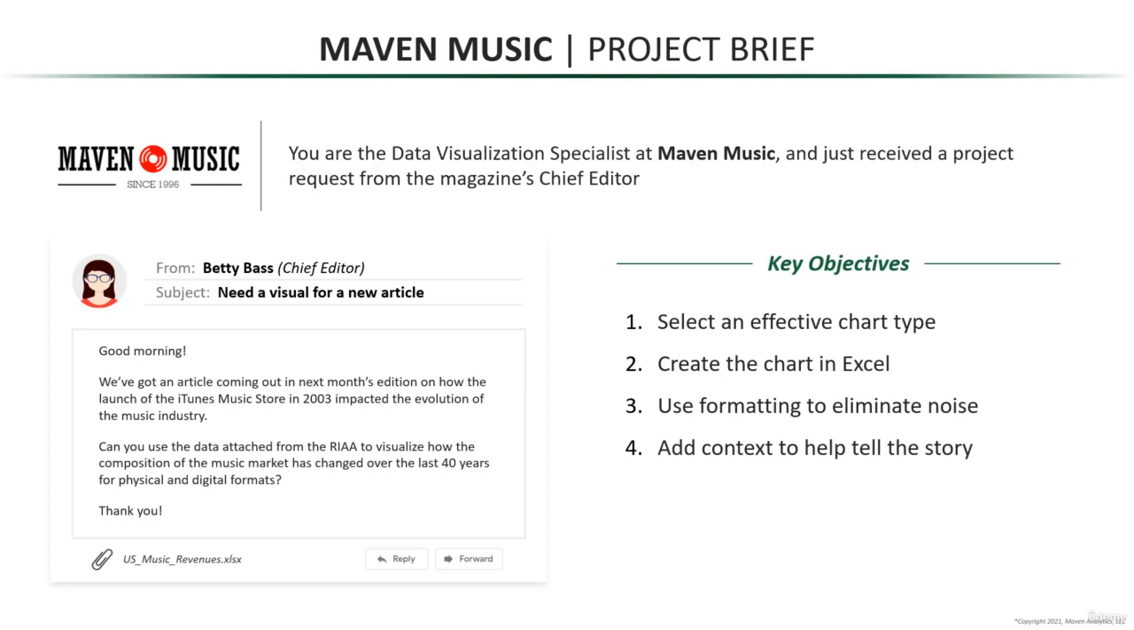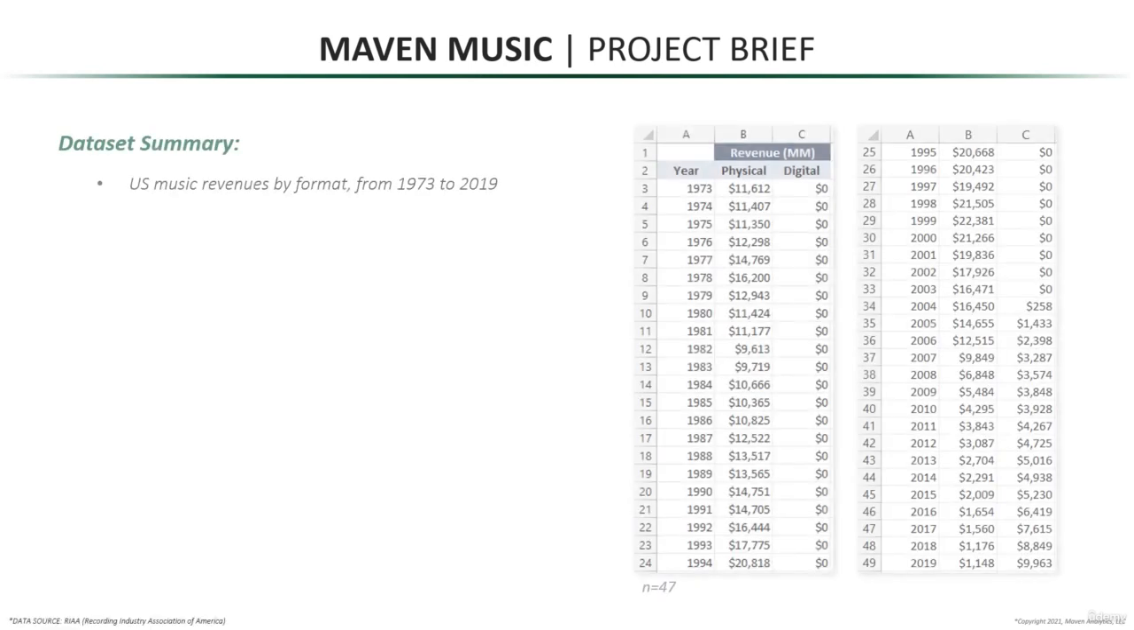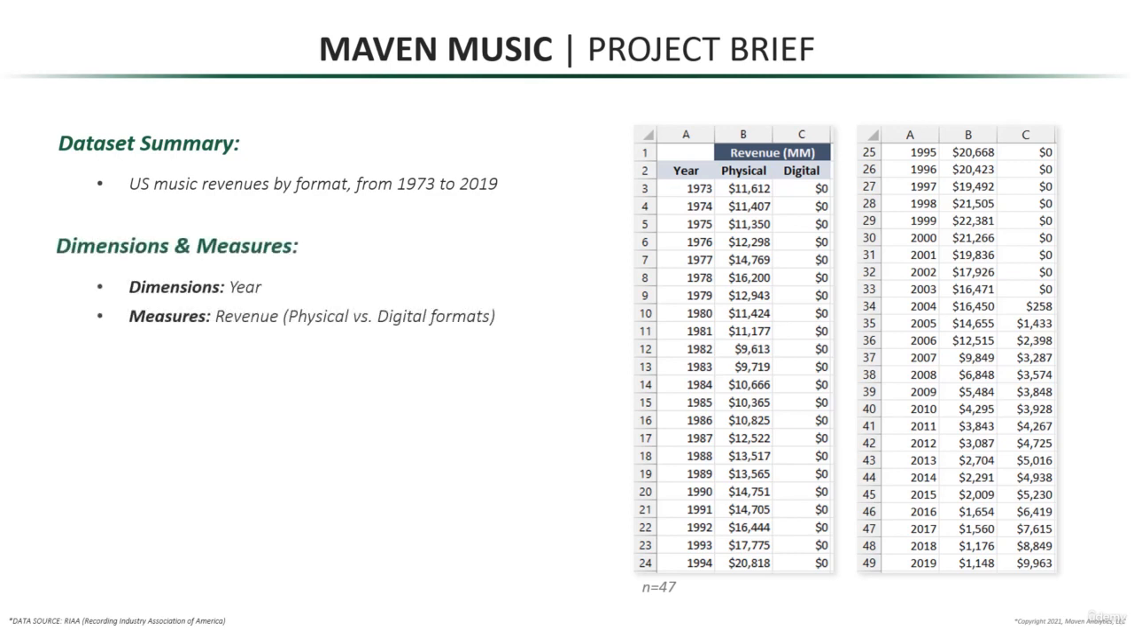Now, before we get started, let's just take a quick look at the data that Betty sent us. So it looks like we're looking at US music revenues by format from 1973 to 2019 with a total of 47 records. We've got one dimension, the year, and one measure, the revenue, but it's split up into physical and